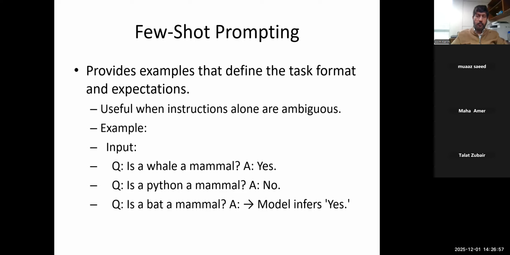So as I said, this would be useful if the model doesn't have much knowledge about that particular topic, or the instruction sometimes is ambiguous. To help the model understand what you want, you can give examples. So again, this is kind of similar to how you try to explain to humans. The better you structure your material, the better the presentation you make, the better your audience will understand. Similarly, the better you tell the LLM, the better it will understand. So the human factor is obviously there in AI, as we say, artificial intelligence.